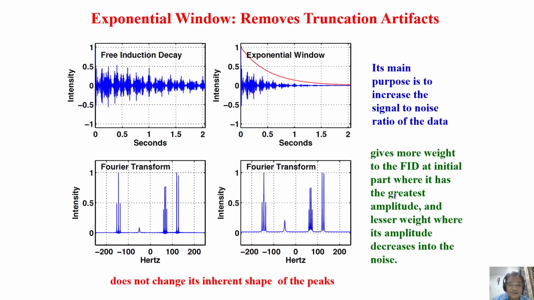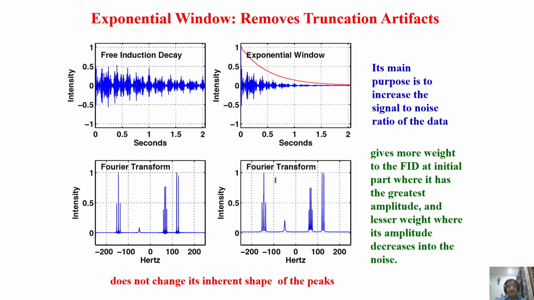Based on the types of window functions you use, we have different effects seen on the frequency domain spectrum. You can have a distorted phase, you can have signal to noise ratio more, or you can reduce the signal to noise ratio. Your line width will become better, or line width will become bad. Varieties of things you can think of.